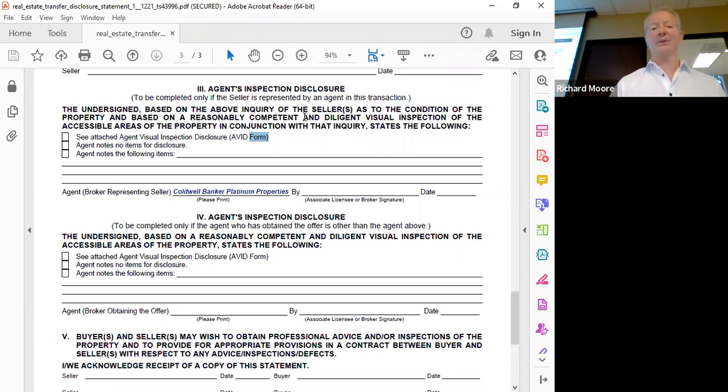And then, is the TDS required for mixed use properties? Yes, it is. So it's actually the presence of residential property of 1 to 4 units that dictates whether or not the property is subject to using a TDS. That's the determining factor. Even though maybe the primary use may be commercial, if there's 1 residential unit in there, that's the determining factor. If it's 5 or more residential units, a TDS is not required. It's not required for vacant land, also commercial or industrial property. Any questions about that?